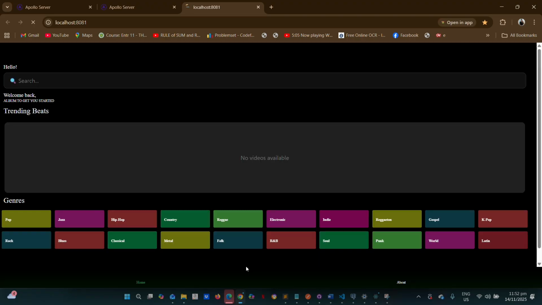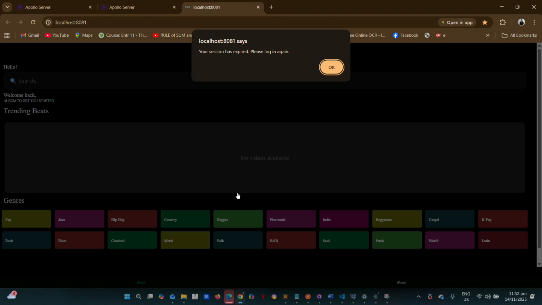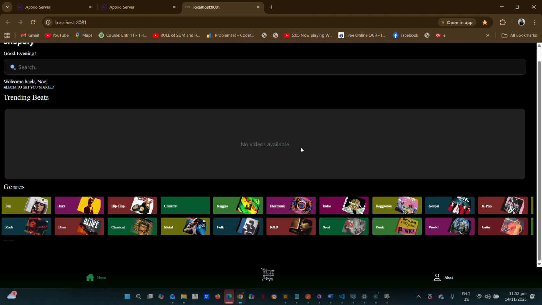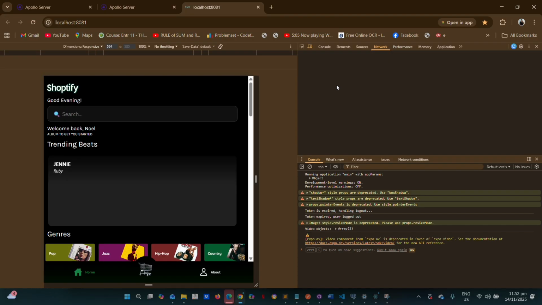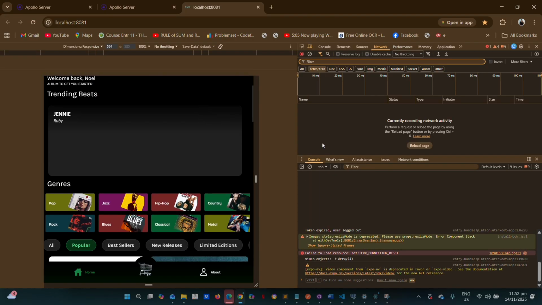This is mainly for mobile, but I will let you see the inspect so that we can see the network, the source, or anything behind the front end, but this is really built for mobile. This is the web, and we're going to inspect.